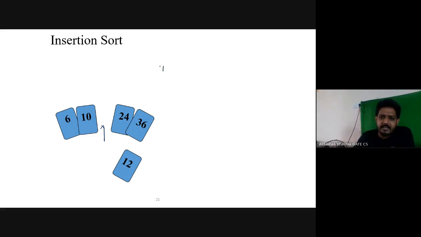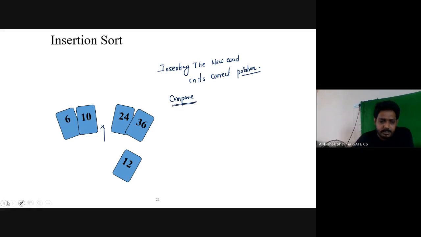That way, we are inserting the new card in its correct position. And for that, we definitely have to compare it. So that is the idea.